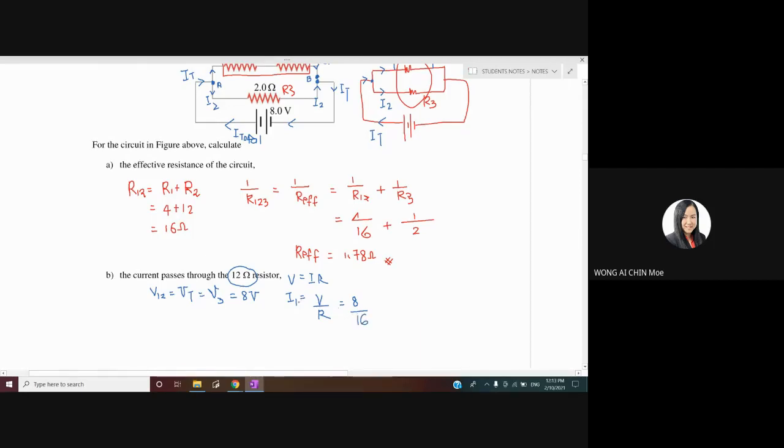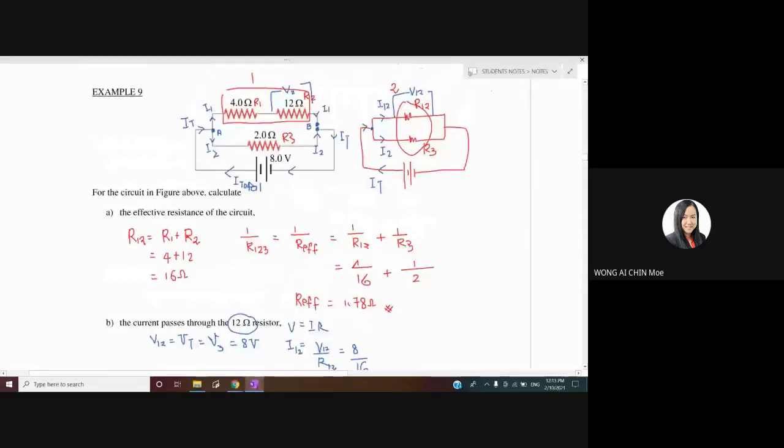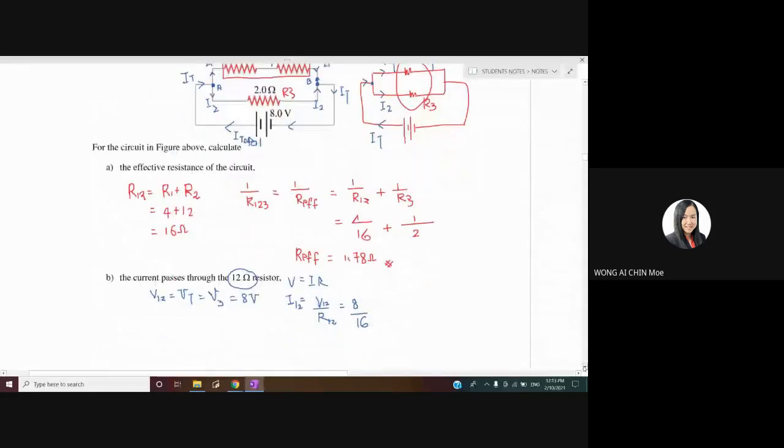If let's say here I write I12, and your V also V12, R also R12, meaning that the current that is flowing through here is I12. We combine 1 and 2. So you will get your I12 is equal to